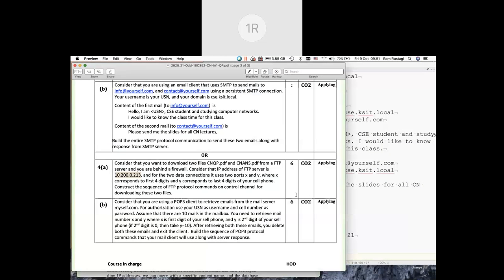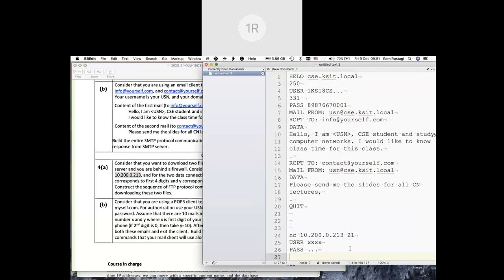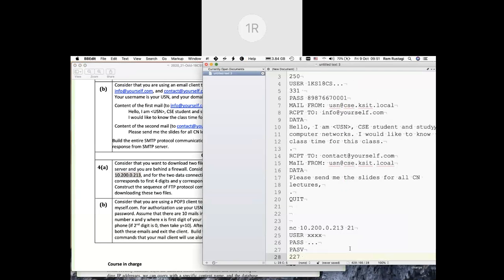And then you need to get a file. Since you are behind a firewall, the server has to be giving you the port number and not you. Now when you issue the command passive, the server would respond 227 with a code and say the port number is, it will give 10, 200, 0, 213, and the port number.